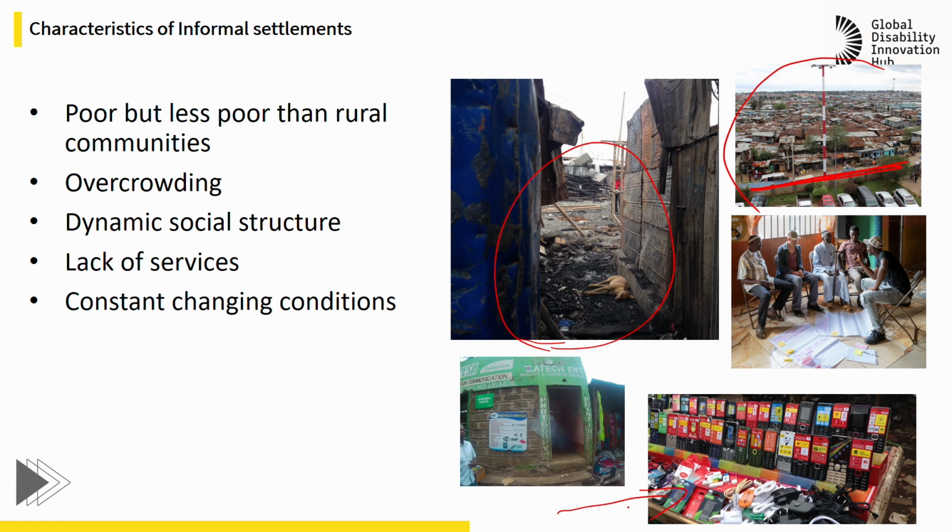When you go into an informal settlement, people are poor, but generally less poor than in rural communities. There's going to be loads of overcrowding, which helps in some ways with human infrastructure. That dynamic social structure exists and is amazing. There will be a lack of basic services, and things are going to constantly change. So going back to your variables in an experiment, you can never control for anything, because literally halfway through the week of doing this...